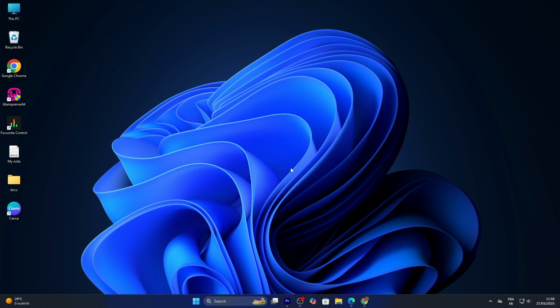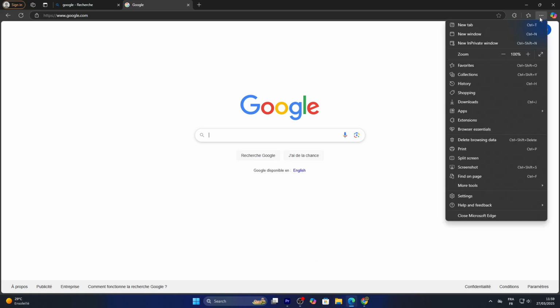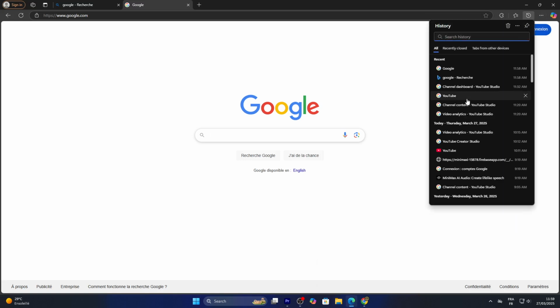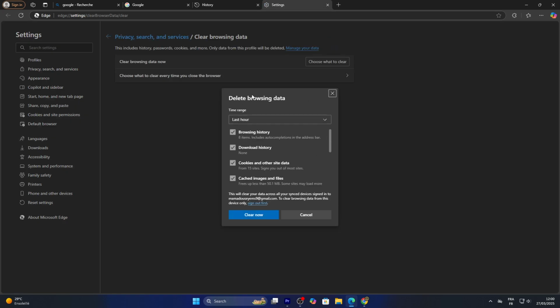Alright, let's dive in. First, let's start with Microsoft Edge. Open Edge, click the three dots in the top right corner and select History. On the History page, click the three dots again, then choose Open History Page. At the top, you'll see Delete Browsing Data. Click it. In the window that pops up, set the time range to Last Hour or All Time, check Browsing History, and